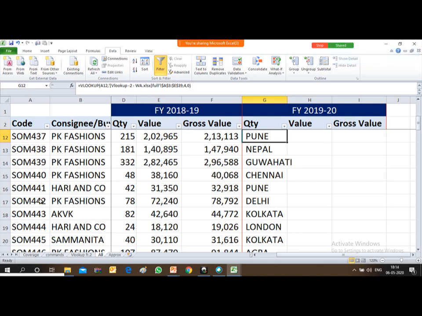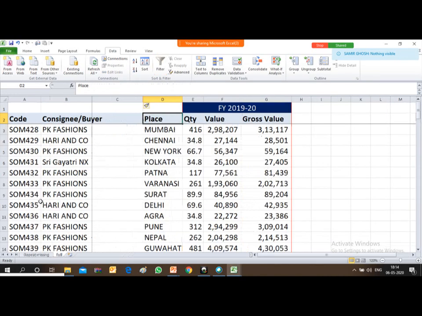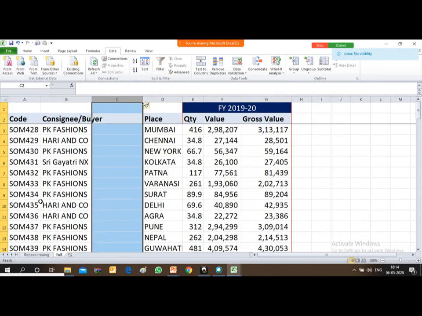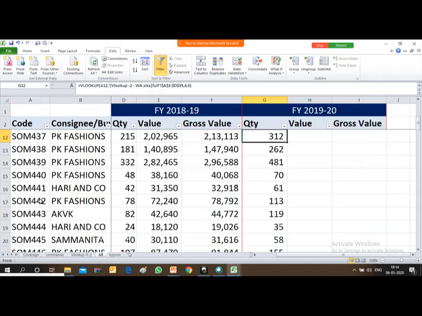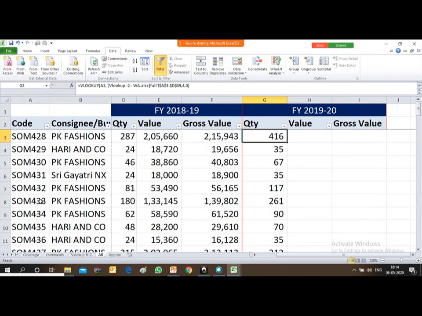Before altering anything in the range, I have to keep in mind whether the particular sheet or particular data has been used for a VLOOKUP formula in any other file. So before making any change, first you break the link or use the paste special function. So how can I break the link?